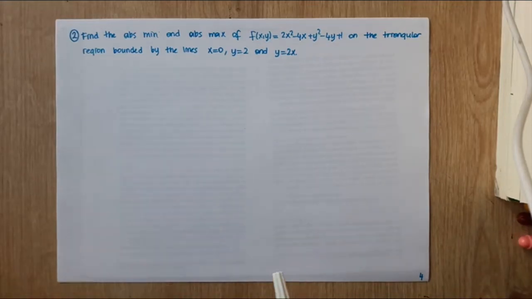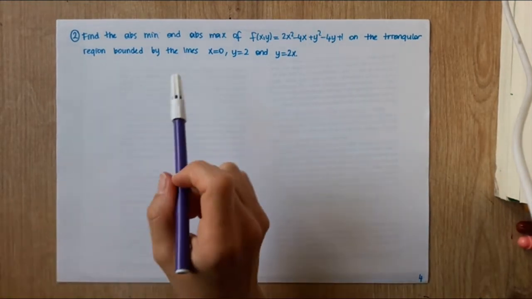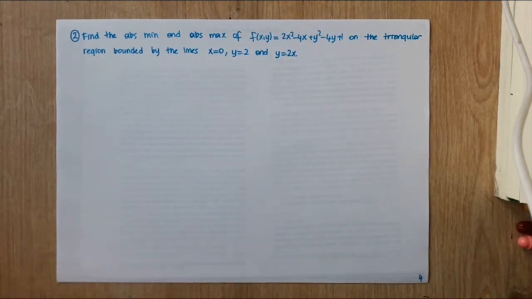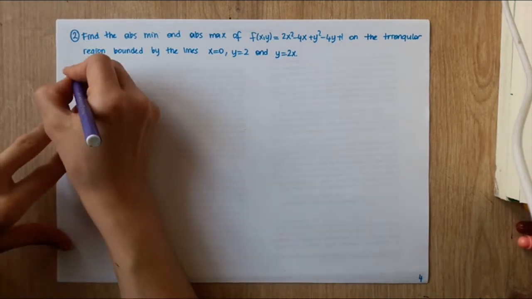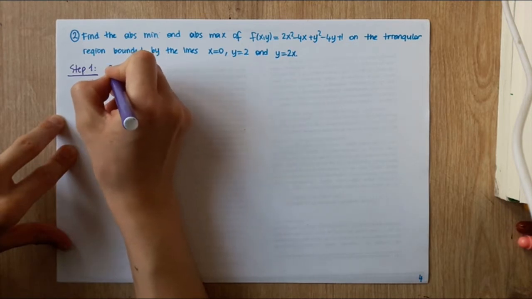Okay, let's solve the second problem. Here we are given such a function and we have a triangular region bounded by these lines. And first of all, again, we will start with step 1, finding critical points